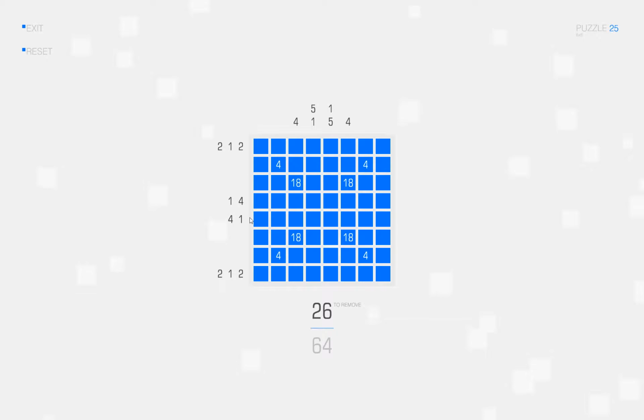If we look at this row, it's a 4 and 1. It could be these 4 and then space and then 1. It could be this, space and 1, and it could be this, and space and 1. So at least these two, right? This, or this. Yes, at least these two.